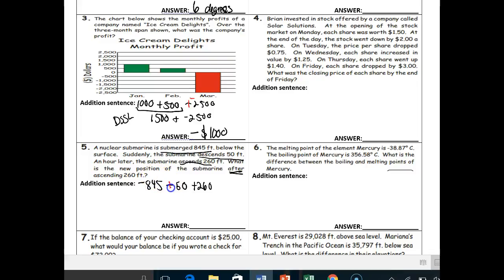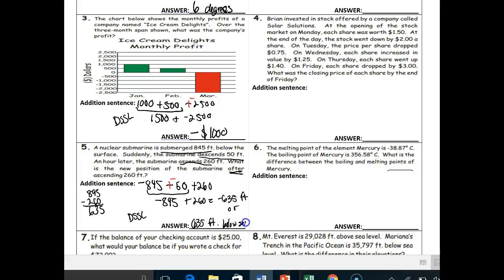So first KCC. We have got an SSAK problem right here that I could add up to equal negative 895 plus 260. That's DSSL. So let's do that off to the side. 895 minus 260. 5 minus 0 is not 0, it's 5, 3, 6. So 635 feet equals negative 635 feet. Or you could also say 635 feet